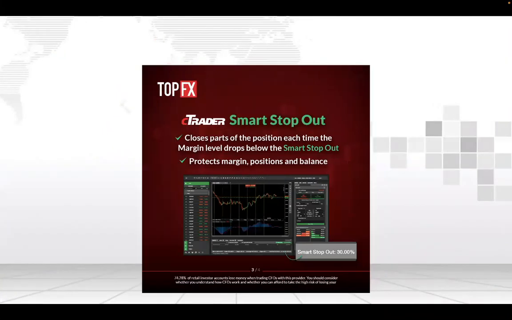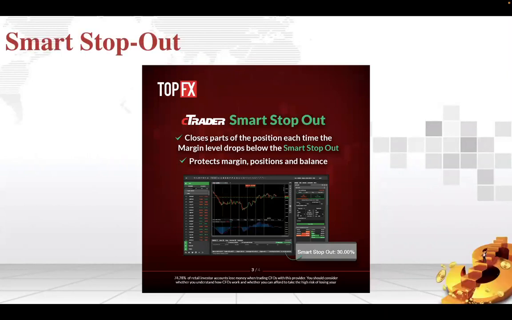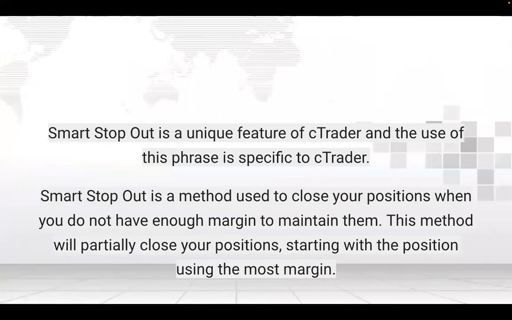So with smart stop out, when the stop out level is reached, the cTrader will partially close the position which uses the most margin, and doing this will keep the margin level just above the stop out level. So this logic will only close what is absolutely necessary by shaving off part of the position in the smallest possible increment, depending on how much margin needs to be released, of course. It protects margin, it protects position, and it protects the